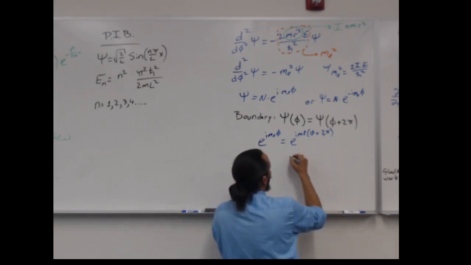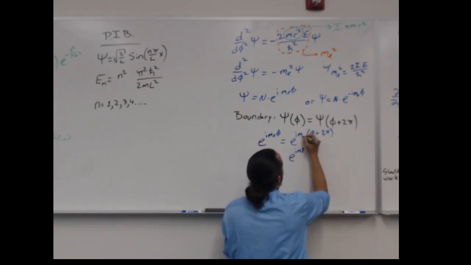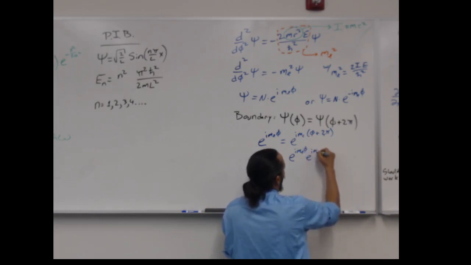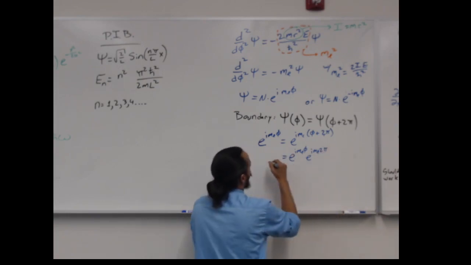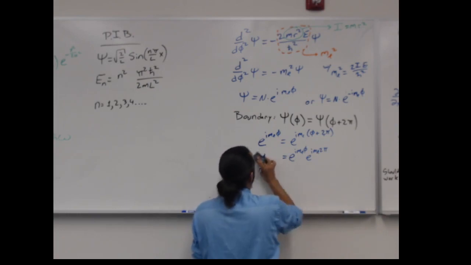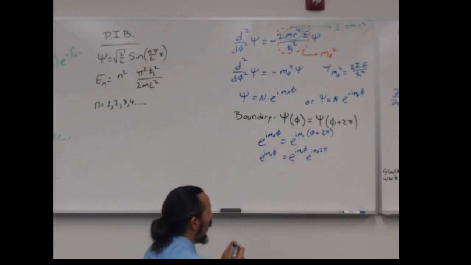So I can rewrite this as e to the I m sub l phi times e to the I m sub l 2 pi. And so the question becomes,